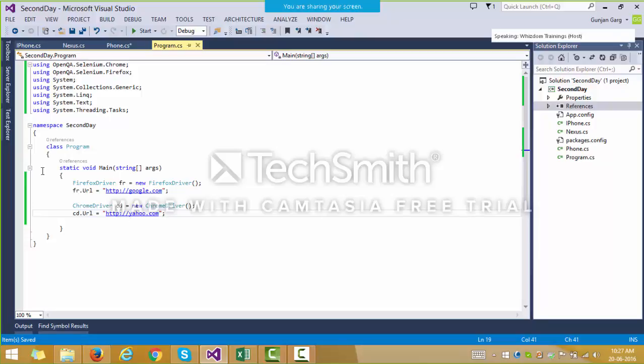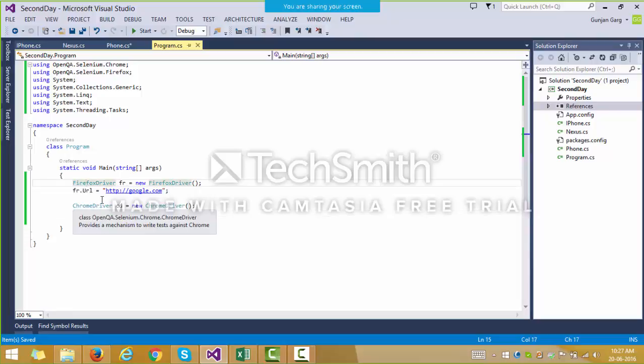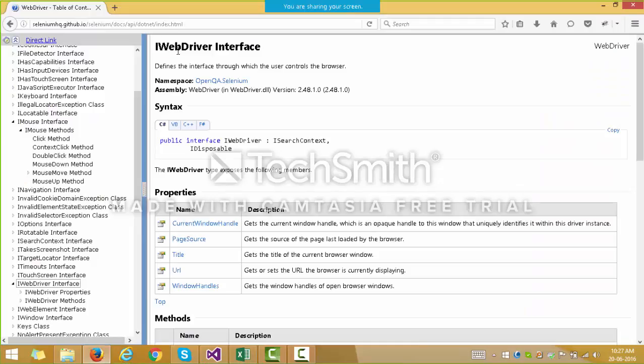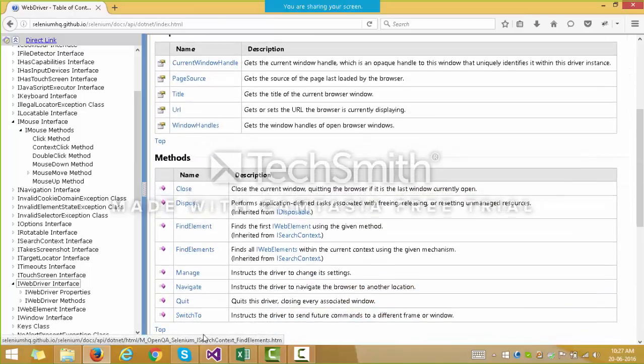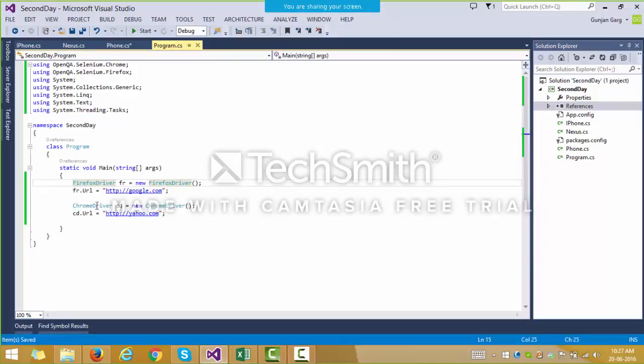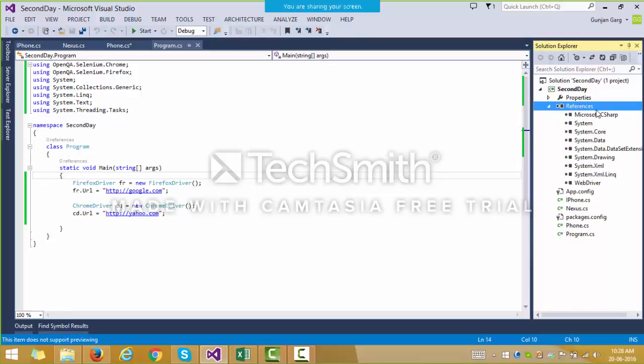So the same URL function is present in both the classes, that is the Firefox and the Chrome driver, because both are implementing the WebDriver interface. So all the functionalities which are there inside the WebDriver interface will be accessible in all the classes that will implement the WebDriver interface. Okay, since as you just saw, I included the WebDriver DLLs from the NuGet